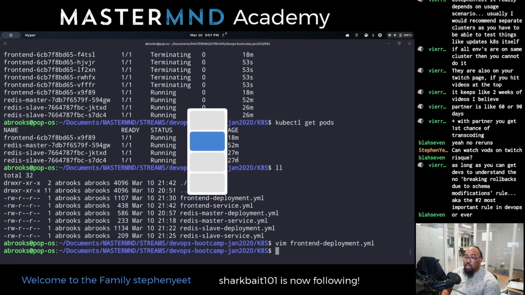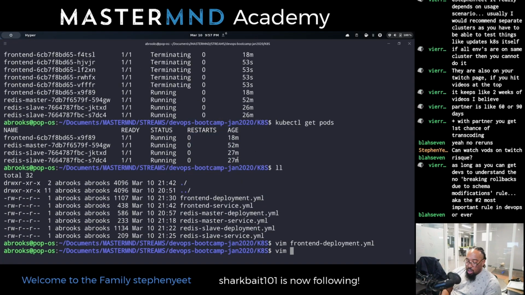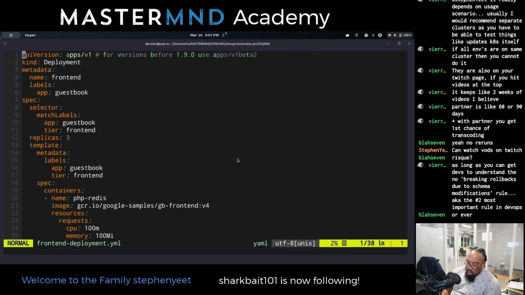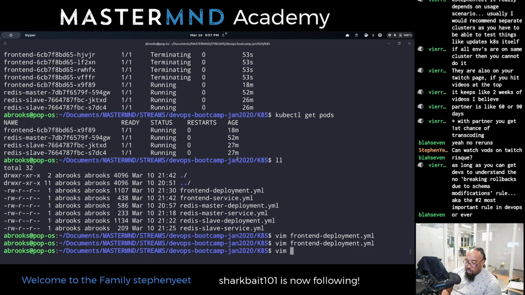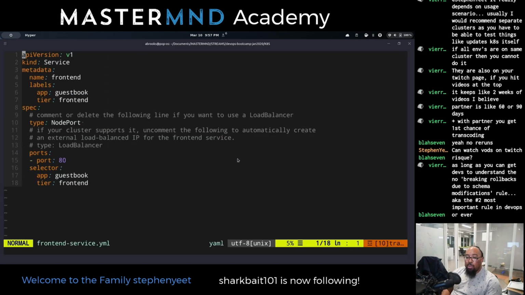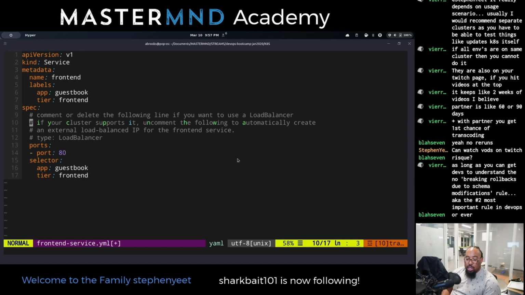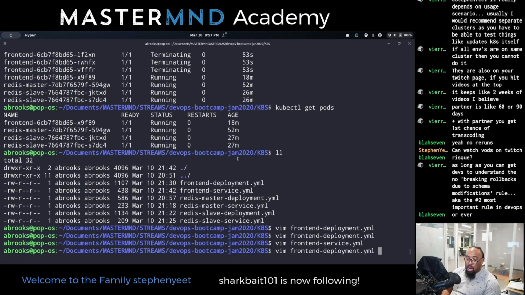The way that we get it to do that is in the front end service. Remember, the front end service is what sets up that proxy. It says basically comment or delete the following line if you want to use the load balancer. So I'll delete that line and I'll redeploy this